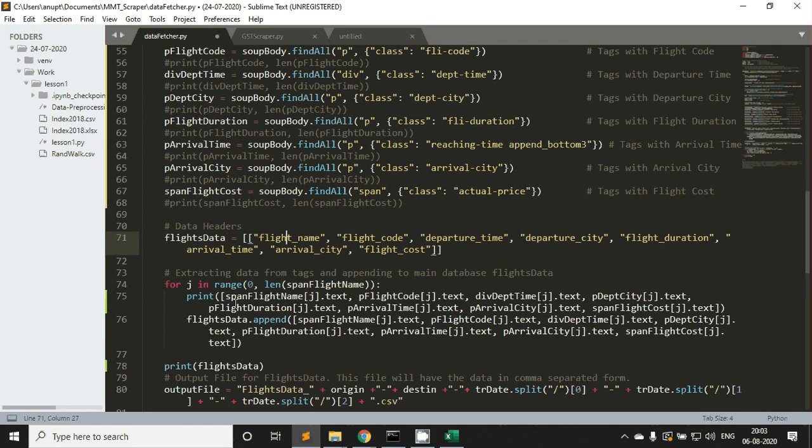So just let me comment this thing. Simply, I'm just extracting the text. Okay, all of them, the text, right? Since I only want the text, I don't want the tag. This is called the tag. I just want the text. So from all the tags, I'm extracting the text.